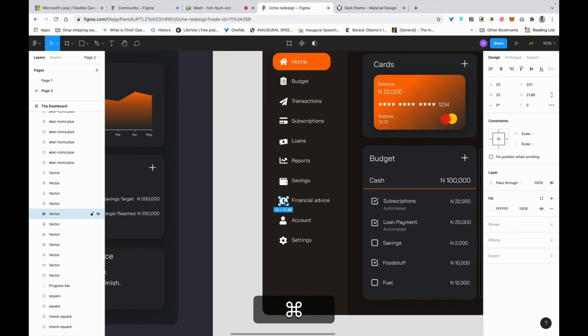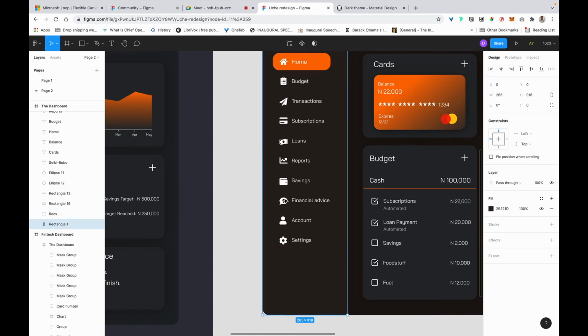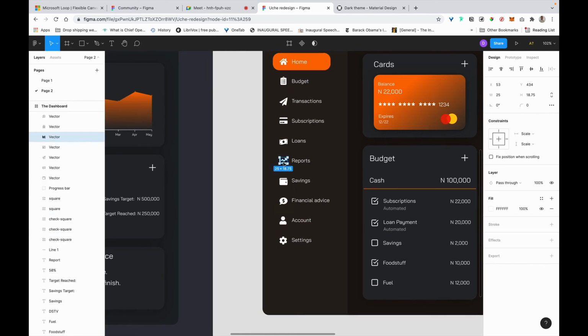Yeah. Now another thing to correct here is that I actually noticed that your icons don't have containers. So a standard practice is to make sure your icons have the same containers, right? The same height and width this time around. So there's a shortcut that you can use to make sure that your icons actually have the same container. So all you just need to do is